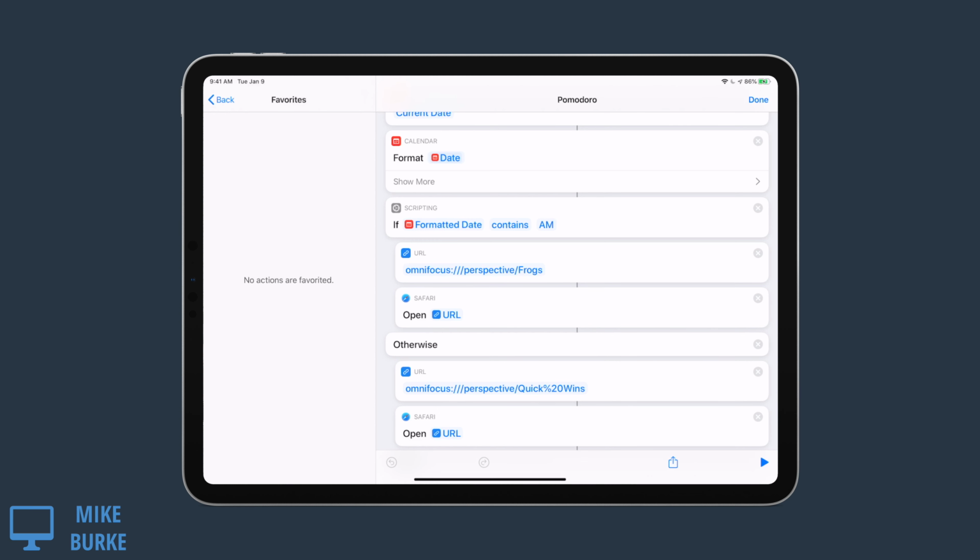So if I'm going to sit down after the school day or during my end of the school day planning period and want to get something done, I'm probably burnt out from teaching all day, but I still have the motivation to do something, which is why I'm running this Pomodoro timer. So why don't I set myself up for success and show me one of those quick wins instead of showing me a frog? And that's what I like so much about this shortcut, this little section at the end. And this is the part that I wanted to share.